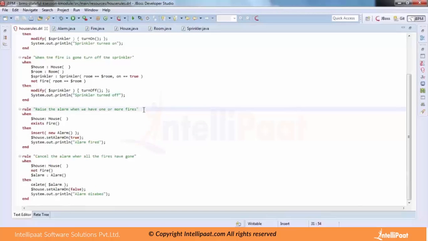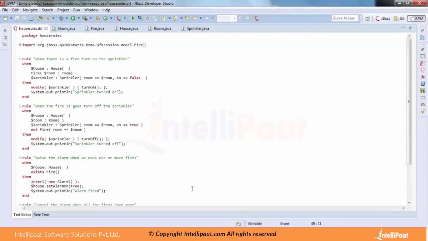And the raise of alarm when we have one or more fires. If there is more than one fire object in the working memory, then we are going to raise the alarm. So we are going to insert the alarm into the working memory there, and then cancel the alarm when the fire has gone. So not fire and then alarm. So we would be able to delete the alarm object once and for all. So it's no longer in the memory, and we would set the alarm on to false. So we can do all these things